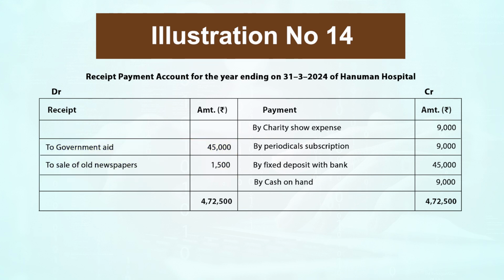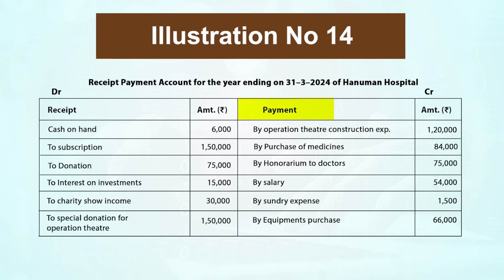These information has been provided, and the total of this side is 4,72,500. Now, payment side, operation theatre construction expenses, purchase of medicine, honorarium to doctors, salary, sundry expenses, equipments purchased, charity